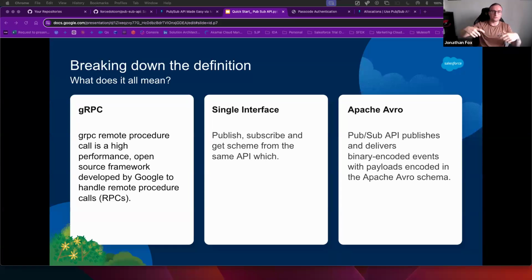So your payloads are smaller and the data transfer is quicker. That's where you get the 7 to 10 times quicker transfer of data. So overall, this whole concept of the PubSub API using this remote procedure call offers loads of benefits in comparison to, and on top of, the standard streaming API, and having to use lots of different APIs to make it work.